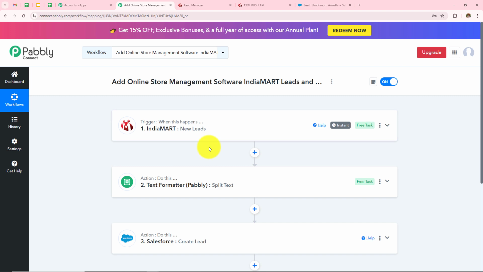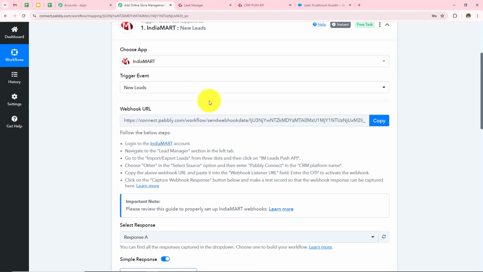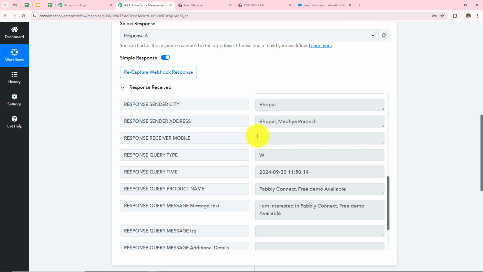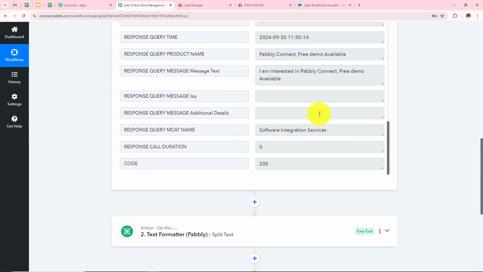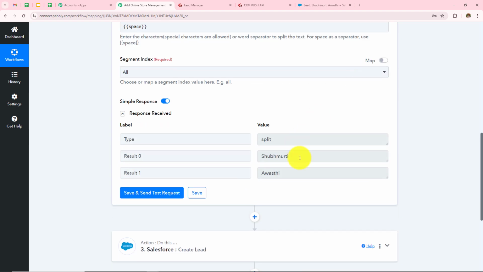And now to summarize, we took IndiaMart as a trigger application where we made connection with Pably Connect with the help of this webhook URL. We submitted a query and received the response here, after which we took text formatter as our action application where we separated the first name from the last name. Then we mapped this in my Salesforce action step.